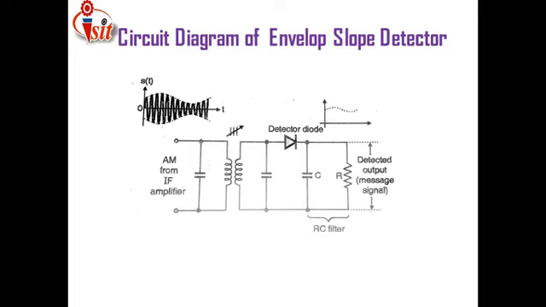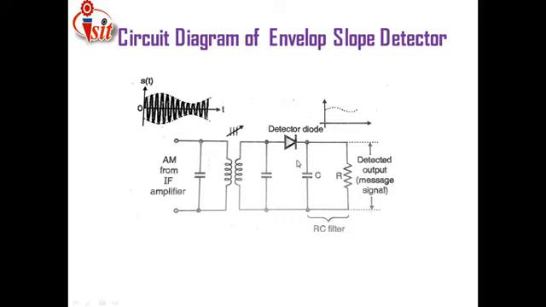This circuit diagram represents the AM signal. I give the input to this section, and the output of the whole circuit depends on the diode's working condition. Then how? I will tell you. Just see, the standard AM signal is applied as an input to this circuit. That means this standard AM signal is applied to the circuit by using this transformer.